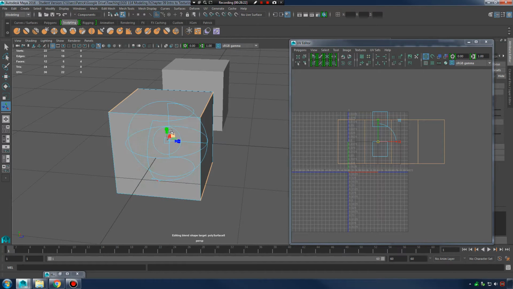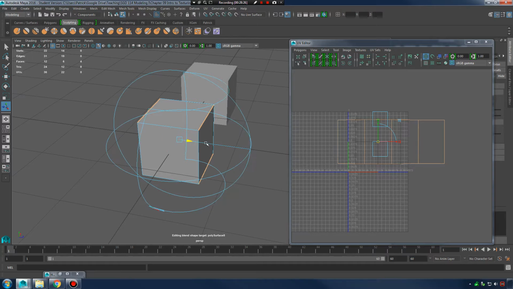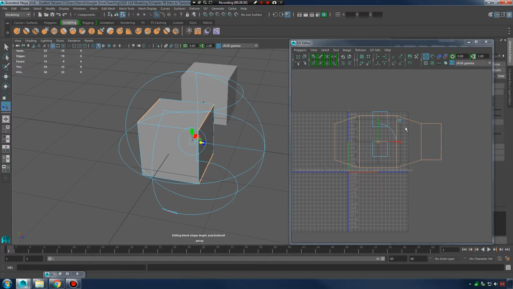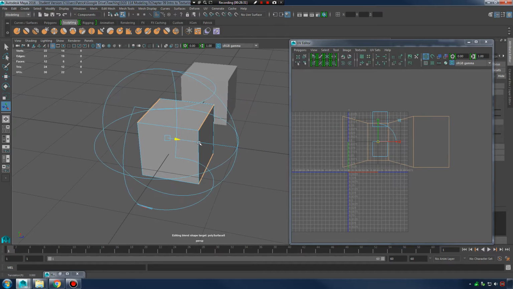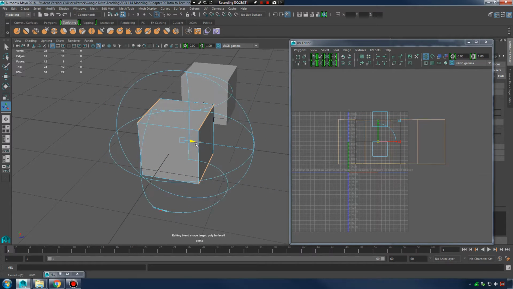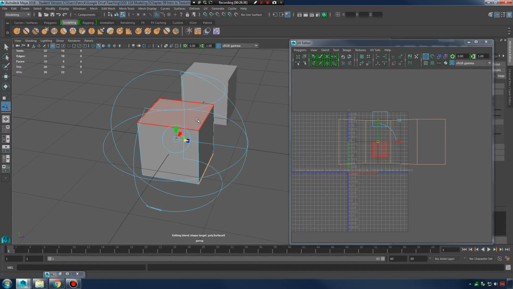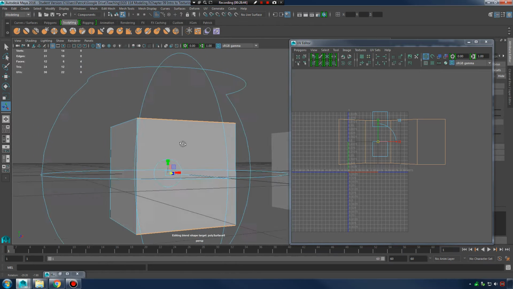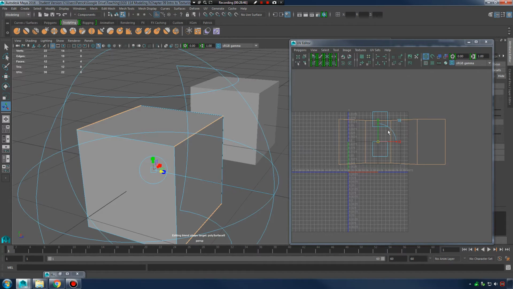It has a little red T as well that we can use our transformation tool on, so we can scale it big, we can move it, and we're getting some really funky shapes in our UV editor. Okay, so this is the basis of how we can look at our model, project our UVs based on whatever projection tool we're using, and then we can get in and start editing our UVs to lay them out a